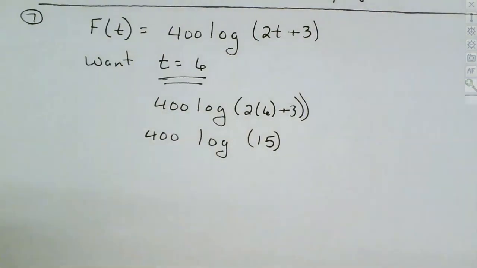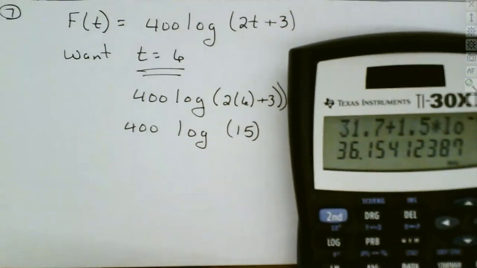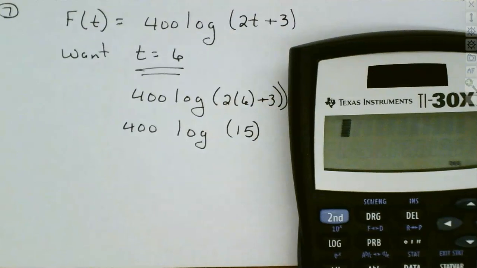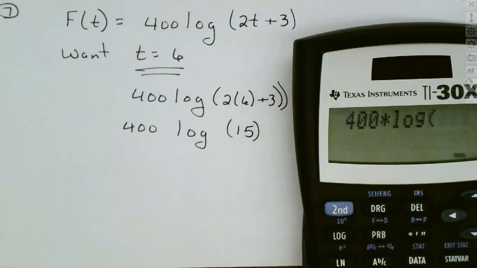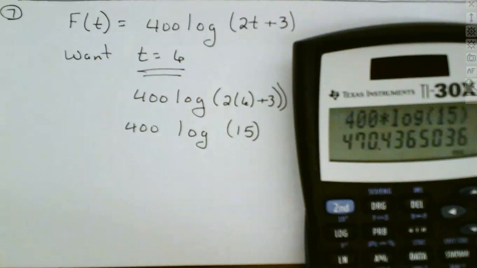And how do we solve this out? We've got it all here. Now, all this is a calculator problem. So all we need to do is just type it in our calculator from here. Plug the values in. We just simply type it in. So we have 400 times log of 15, and that gives us now